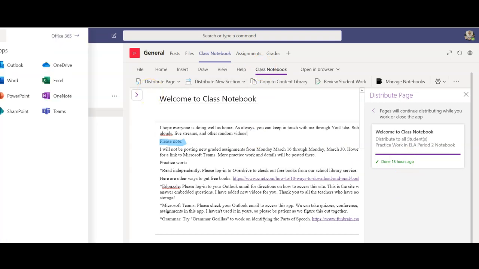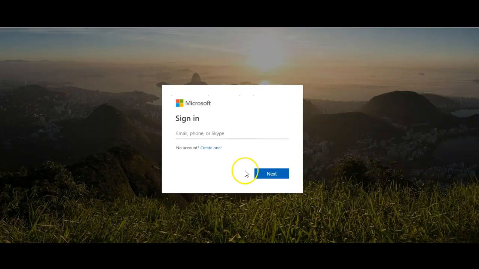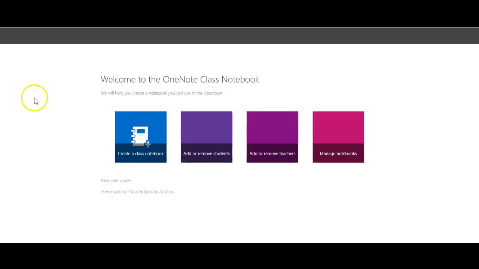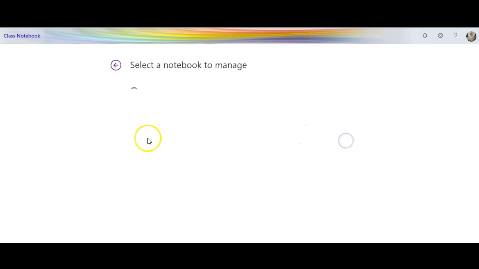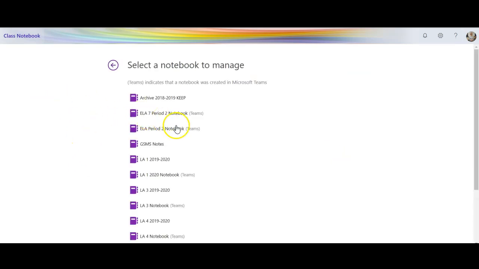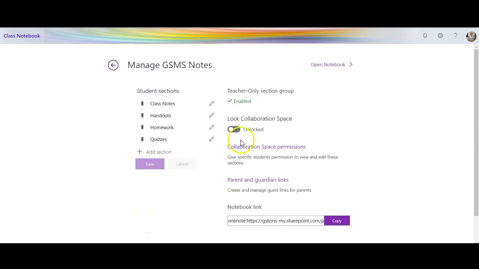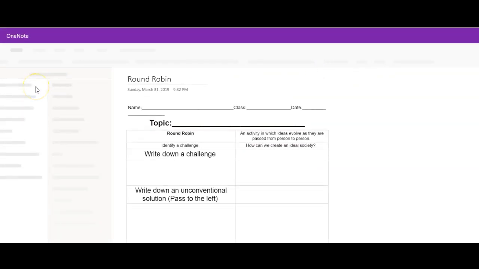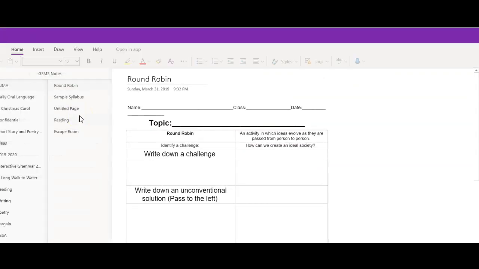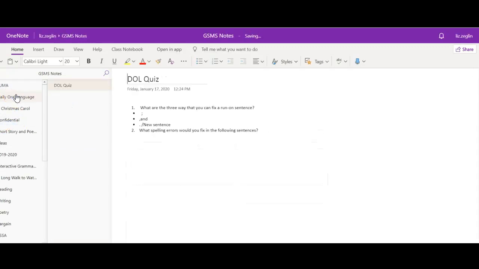Now if I'm not using Teams and I'm just using OneNote, actually class notes, let me just show you, then this is where I used to go in before using Teams. And again, I always had a sample just for myself that I would keep each year. And really the best way to use this is just to go in and play around with it, and you can see